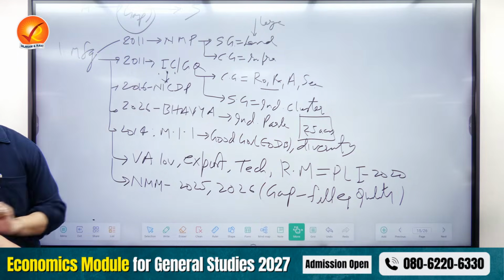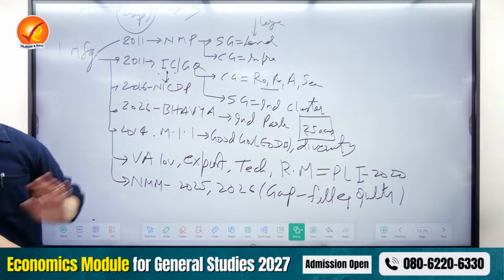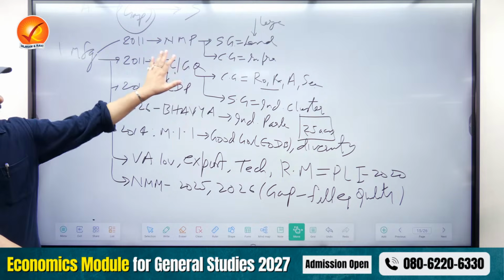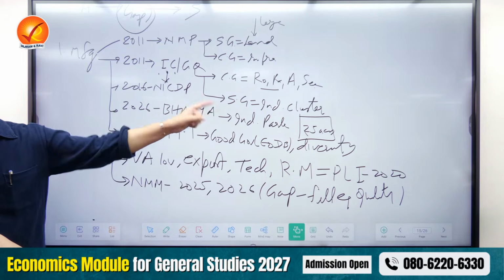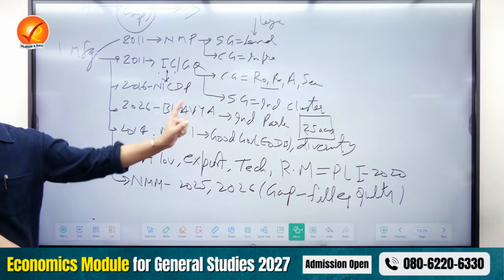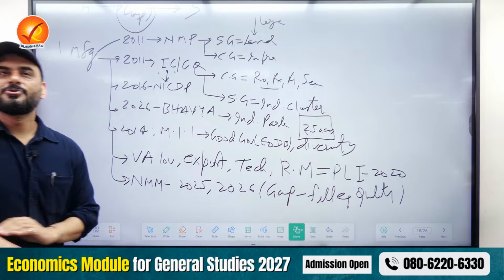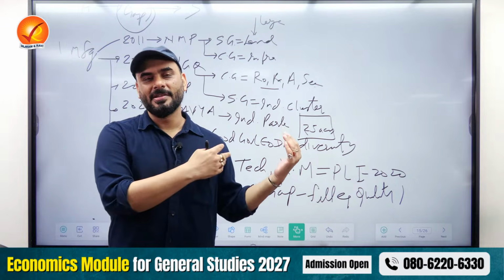But look, what is so special about these running notes? Keywords. Anywhere we wrote the policy or the scheme, it is followed by a keyword. 1 keyword, 2 keywords, 3 keywords. That is the most important part. So if I were you and I would create this, how would it benefit me?